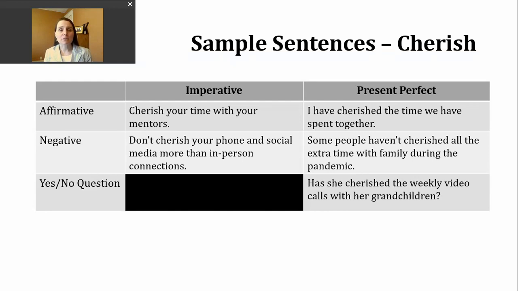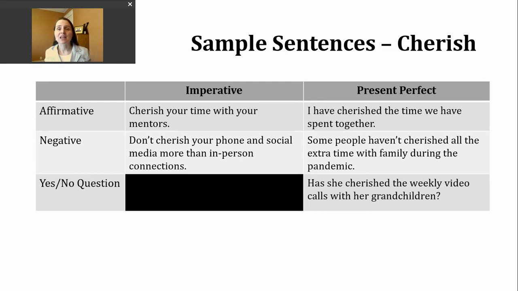We use this verb tense to talk about an action that started in the past and continues into the present. We also use it to describe an action that occurred at some point in the past, but we don't know when. Many times I call this the indefinite past tense. So we have no idea if it happened an hour ago or 15 years ago in the past,